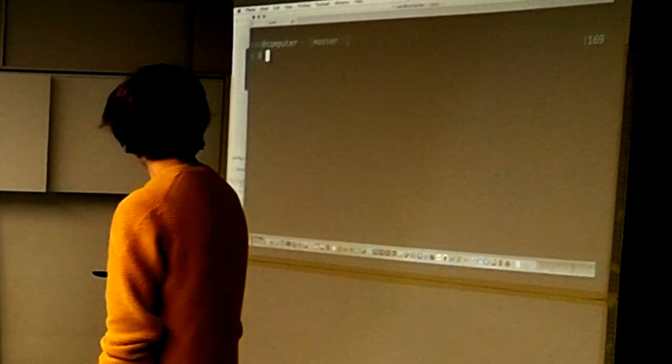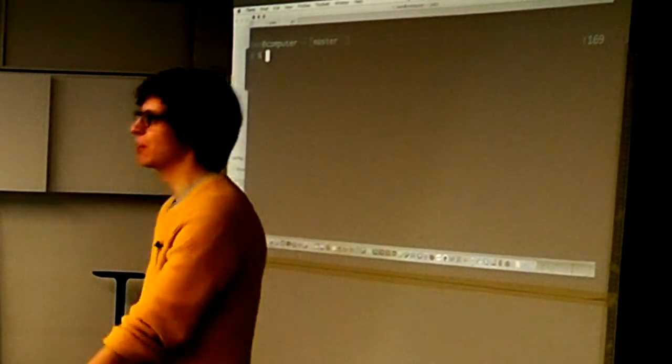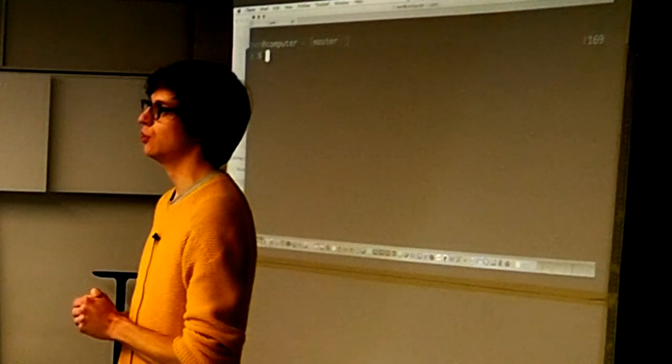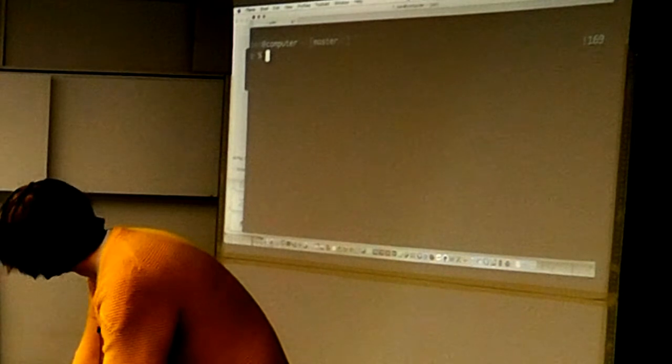Oh, okay. With host management, basically, if you want to get started with Docker on OS X, you grab the Docker binary and put it on your machine.